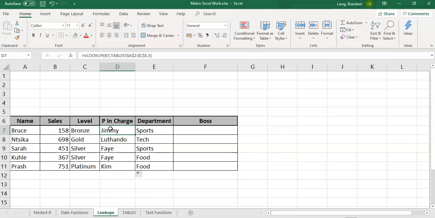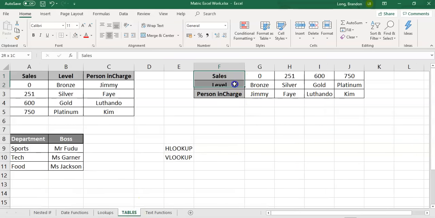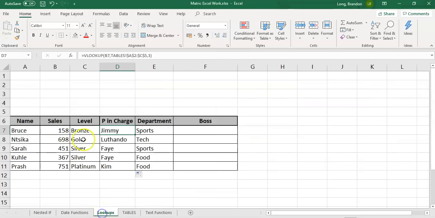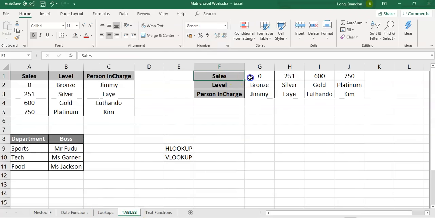Okay. Now, over here, you'll see another table. It's exactly the same table, except that it's transposed. So the sales heading is at the top, and all the other things are over here. Now, if we were using this table, do you agree that we would take that 158 and then move across the top? We would move across the top. And then when we find the correct position or the value, we would then move down. So we would first move across,